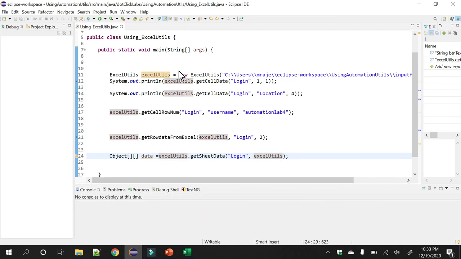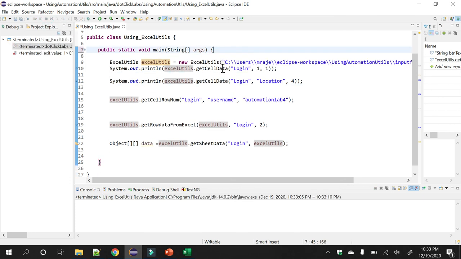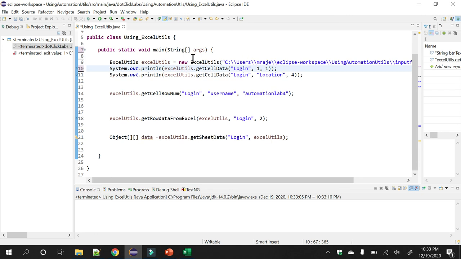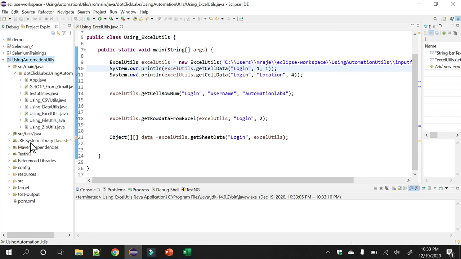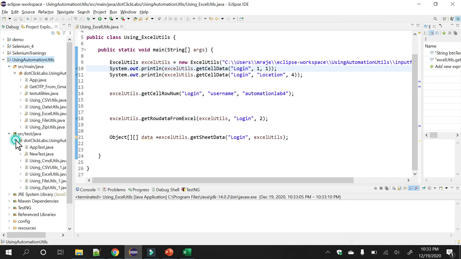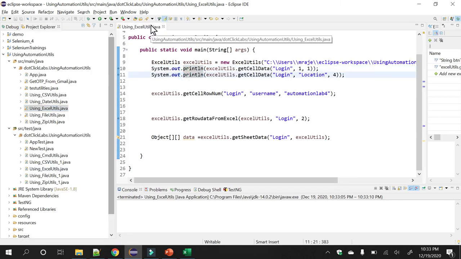Let me debug it again. Let me change this name to something else. Maybe there are two classes, so it is giving some conflict during execution. So I think this is main Java. This is the one, right? So let me rename this, refactor, rename.